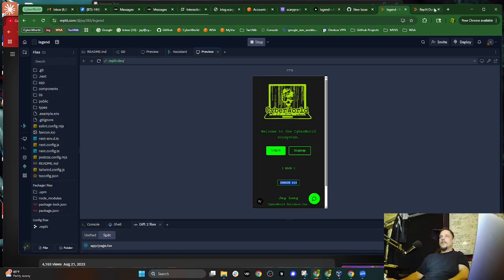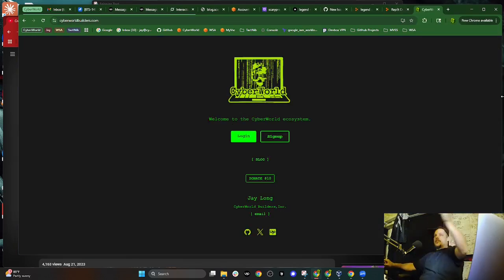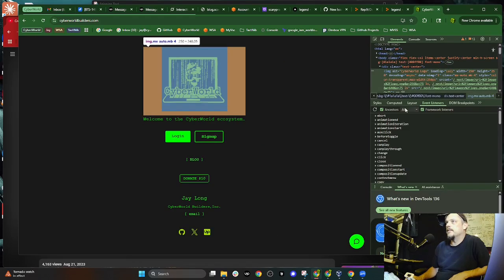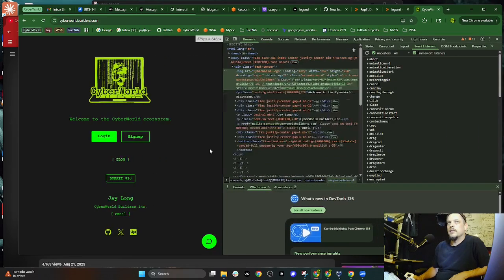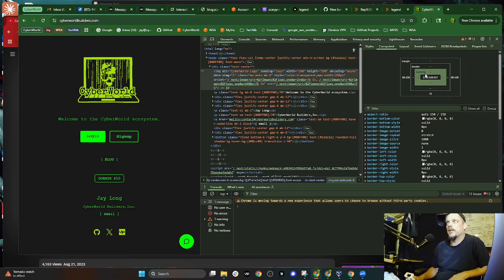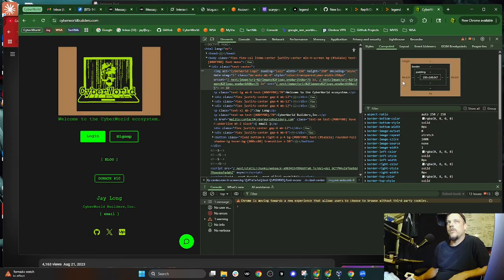Let's look at the actual site. Probably can't see this. I'm just gonna hold basically a ruler up. Yeah, that definitely feels like it's a little pulled to the right. Maybe I'm tripping, but the gap between the L and the O seems to be lined up with the left edge of the sign up button when it should be this gap. Okay, no, let's inspect the deck. There should be, it's been so long since I did a lot of front end work, but here we go. Yeah, right. So